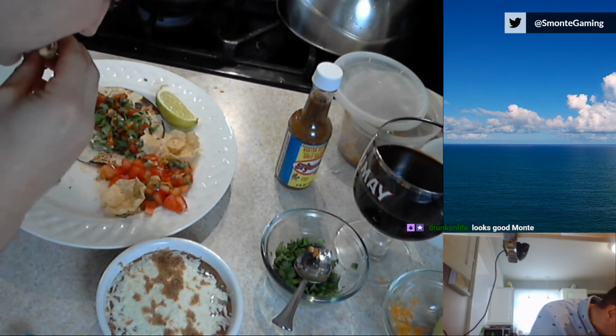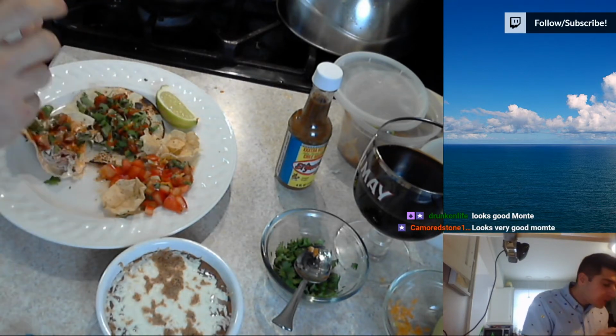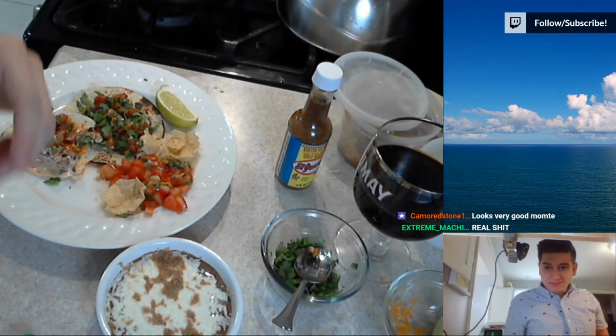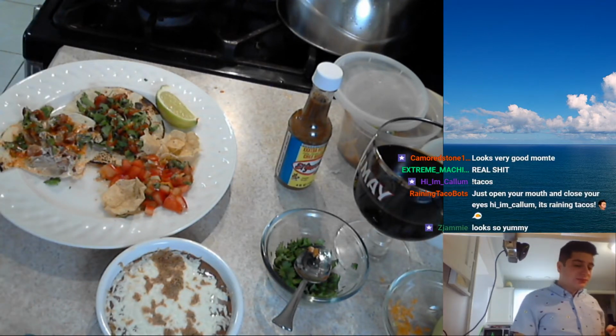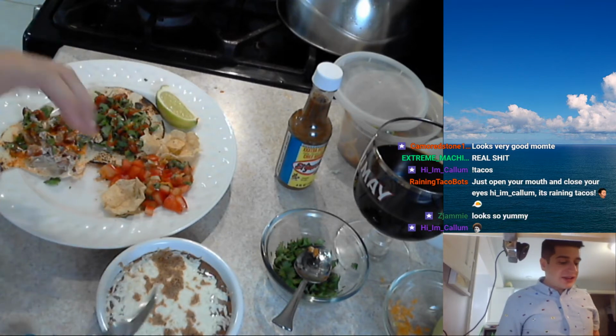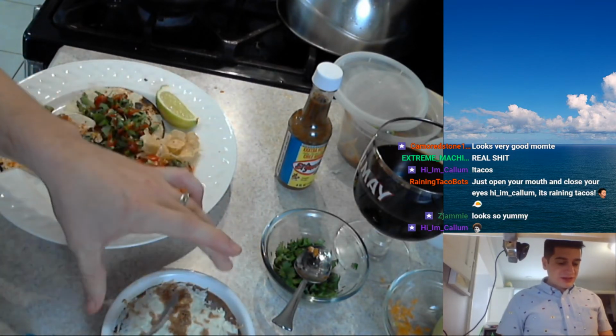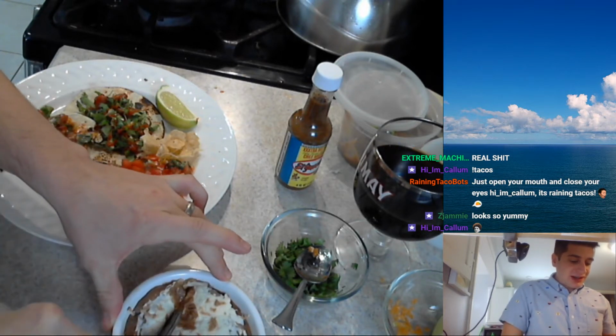This is great. That's how you make a taco. This is the real stuff. Alright, so we're gonna try the beans next. I think the cheese is gonna be a little stringy, so we're gonna have to probably cut into it like